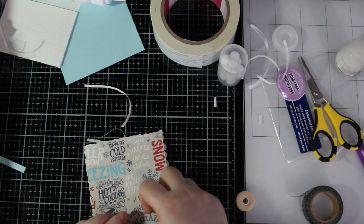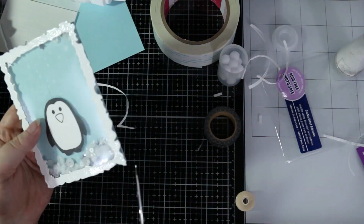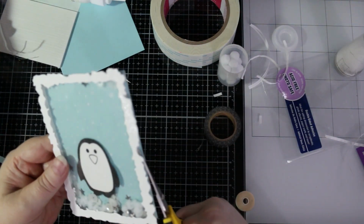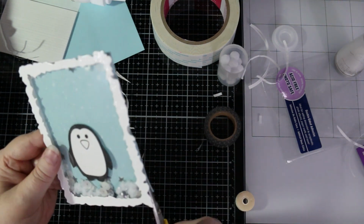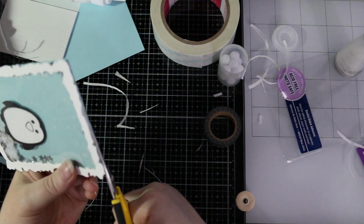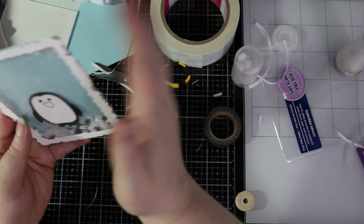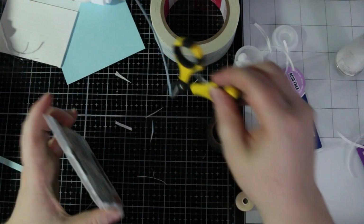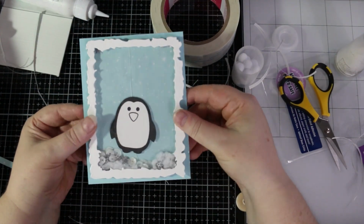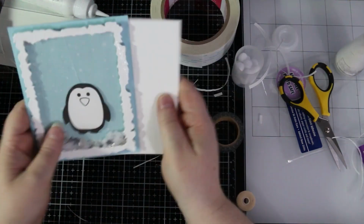Then I'm going to grab a little bit of washi tape and stick that string to the back. And then I'm going to cut that bit of pattern paper that I used as a backing for the shaker where it's visible around the frame, making sure to not cut where I've got the string. So now that I've got that done,